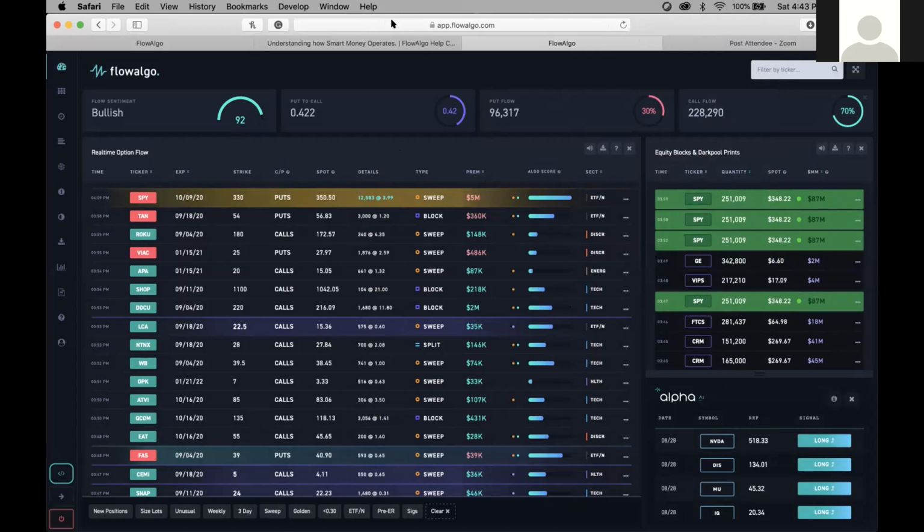Okay, so while he transfers everything over to me, since he focused on flow algo, I'm going to start with swing trading and how we can find these plays and use flow to confirm them, or on the technical side, confirm what we're seeing using primarily flow.